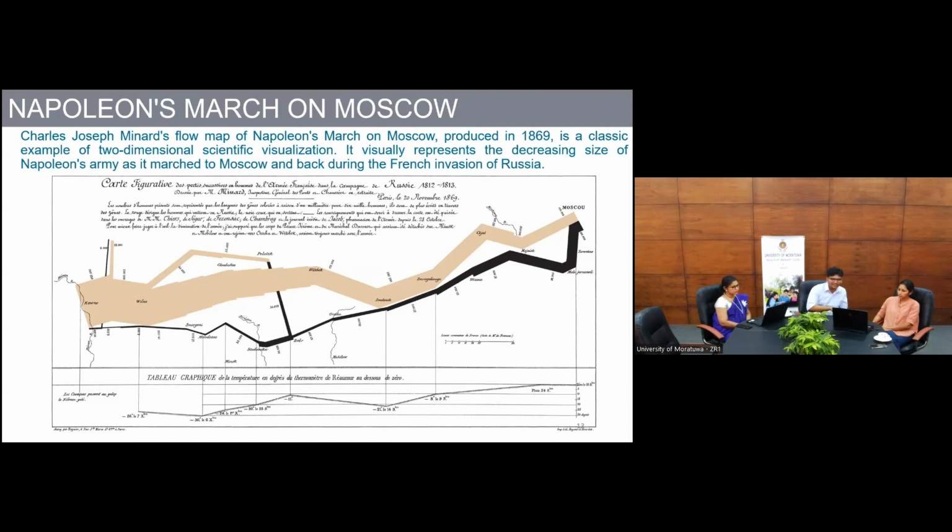So the left-hand side, as you can see, is giving you the size of the army as they started invading or entering Moscow. This the thickness of it, and then they have entered Moscow with very depleted number of men. So then afterwards they had to retreat, and you can see how the retreat has also caused the reduction in their sizes as well. So it's also a very well-known figure in visualizations. So if you can perhaps read about it more, then you get more interest about this as the guy.